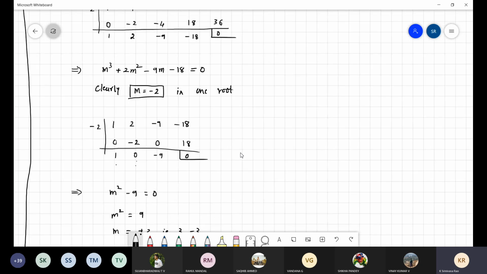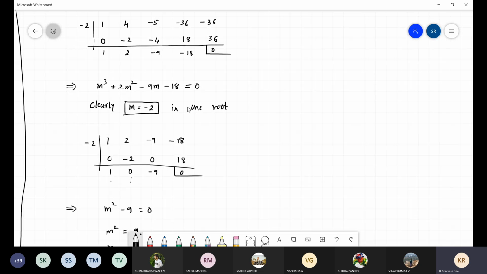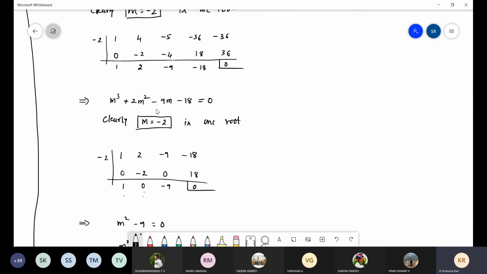See here, the cubic equation. Can you observe this cubic equation? I will tell another method. This is not the only method to calculate the roots. See, I can take common in these first two terms. What is common? m square. Don't write, it is just another way of calculating the roots. m square I can take common, no? What will I get if I take m square common? m plus 2. Yes or no? And in the third and fourth terms I can take minus 9 common.